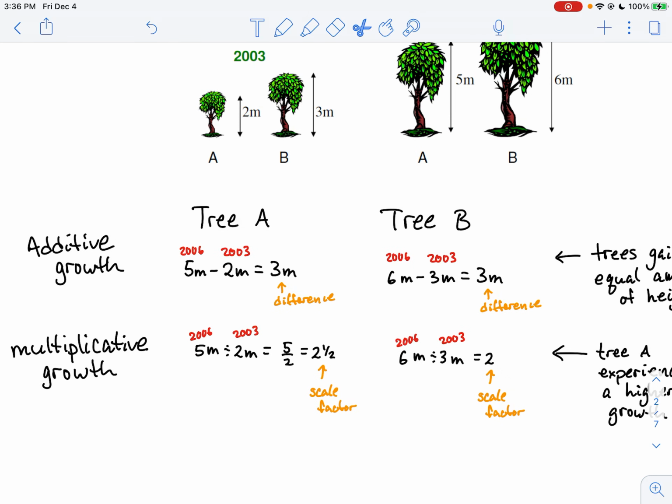if you want to know how much larger one number is than another in terms of scale factors, then you do the larger number, which happens to be the 2006 number, divided by the 2003 number. The units of meter and meter, in effect, cancel, and you get a unitless number here. A lot of people put meter on this 5/2, and that's not a correct unit when you're finding a scale factor. Or when you're doing multiplication,